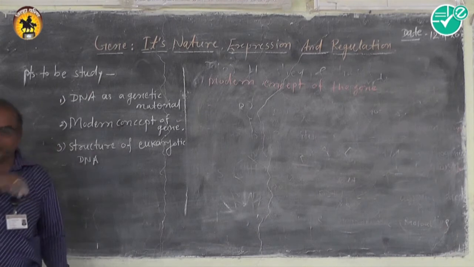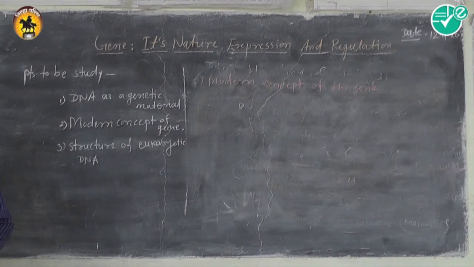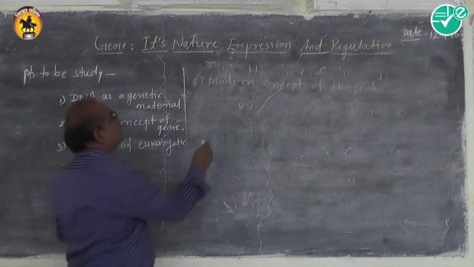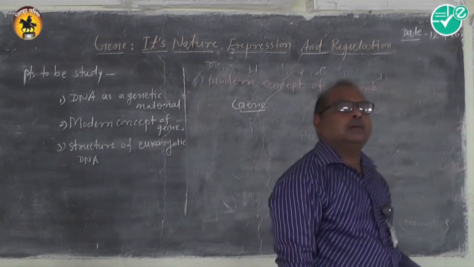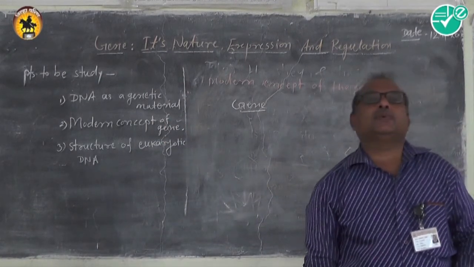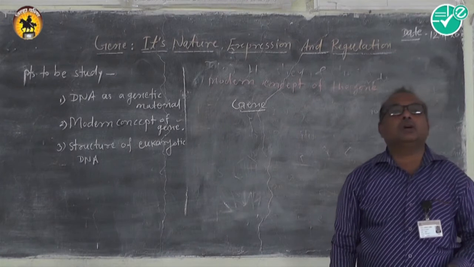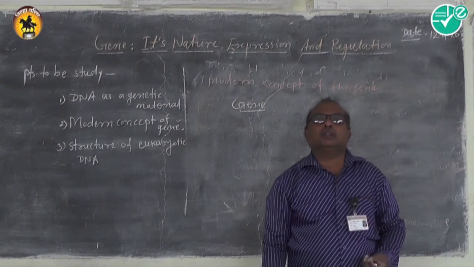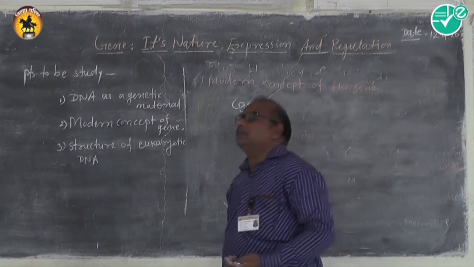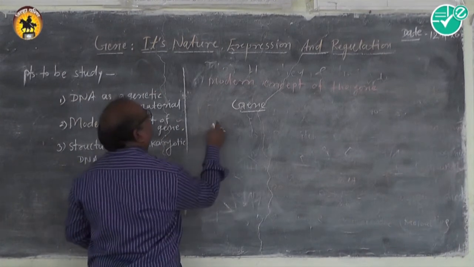As we know, the gene is the segment of DNA useful for inheritance, that is, for passing characters from one generation to another. A small fraction of the DNA is nothing but the gene. In the modern concept, Seymour Benzer gave three terms for the gene, that is